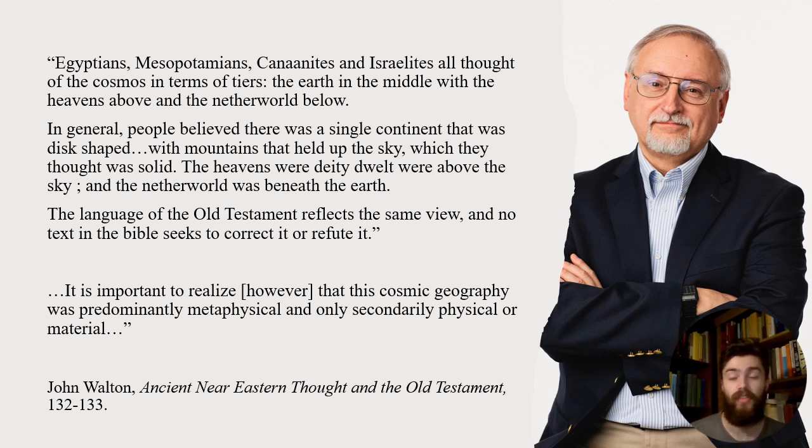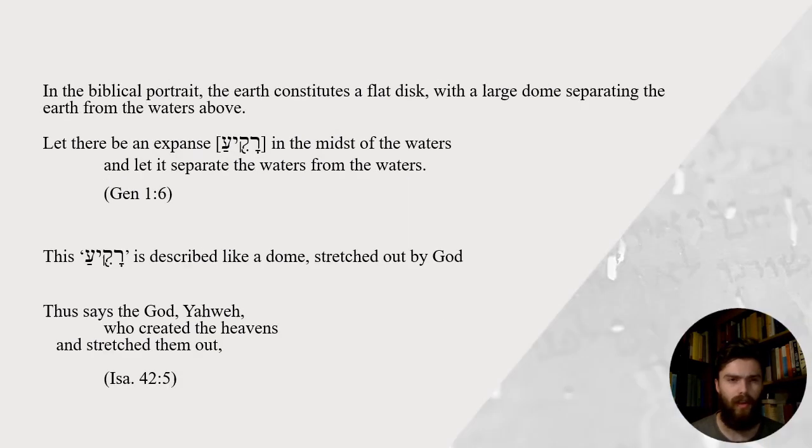And we can see this further when we actually see how the Bible communicates these realities. So, beginning with the understanding of the Earth as a flat disk with a large dome separating the Earth from the waters above. The Bible describes this even at the start in Genesis 1. It says, let there be an expanse in the midst of the waters, and let it separate the waters from the waters. The Hebrew word there is raqia, and raqia communicates this understanding of a flattened out dome. It's based on the root raqa in Hebrew, which is the same word used to describe a metalsmith's work in bashing out a flat sheet.